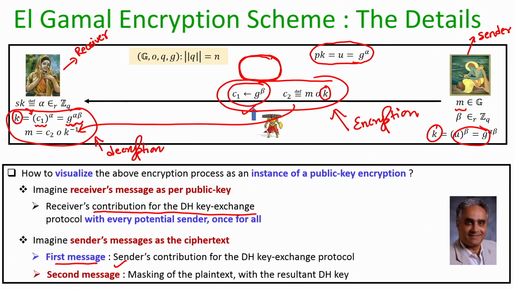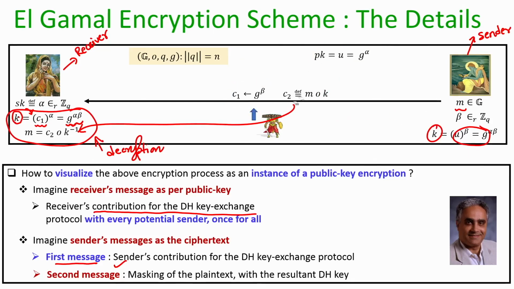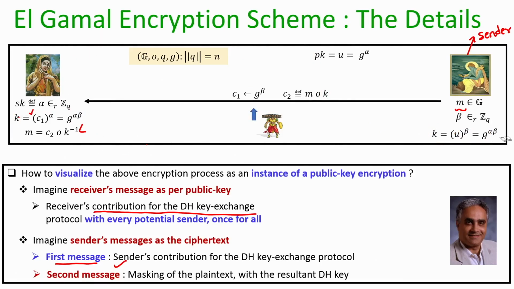And now, why will this whole mechanism be a secure mechanism? So, imagine there is a third party, Ravana. Will he be able to find anything about the message M in a reasonable amount of time? Well, the only way he can learn anything about the message M is by learning the key k. But for learning the key k, he has to actually attack the Diffie-Hellman key exchange protocol, or he has to solve instances of the discrete log problem. So, assuming that solving random instances of the discrete log problem is difficult, this whole process is indeed an instance of